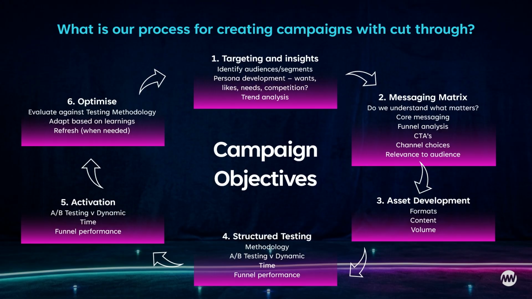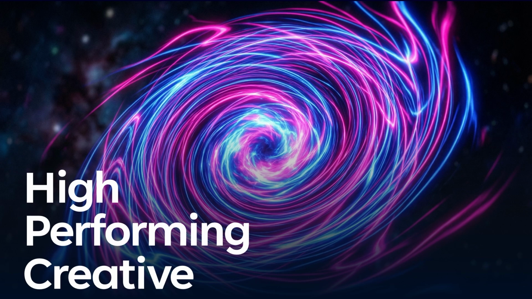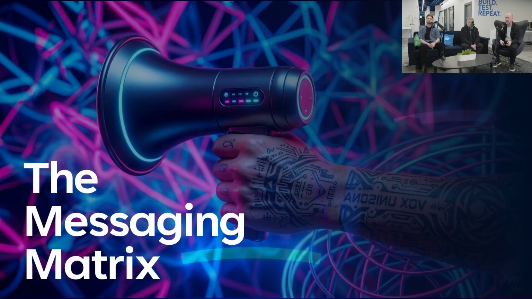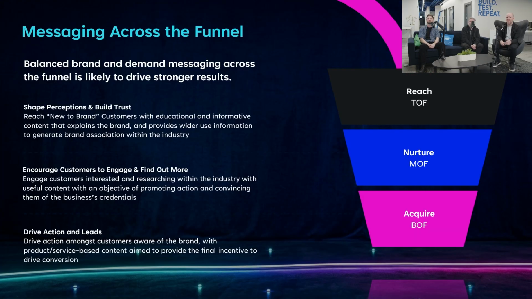So in the next section, I think we've given people a good overview of our process and some real examples and some real impactful data points around why we need to create high performing creative. But we've broken it down into a number of key areas that we want to dig a little deeper into, in terms of when we say high performing creative, what do we actually mean and what's really driving that? For us, it often starts with a messaging matrix. When we talk about the messaging matrix, really what we're talking about is how do we have messaging that works across the funnel?